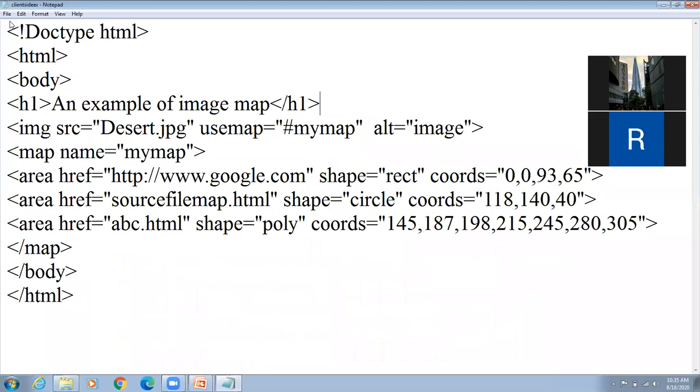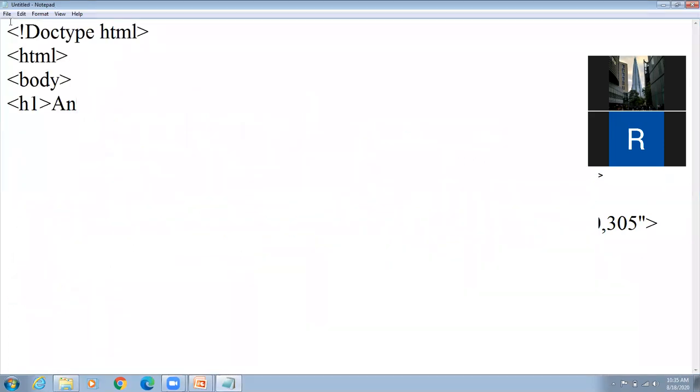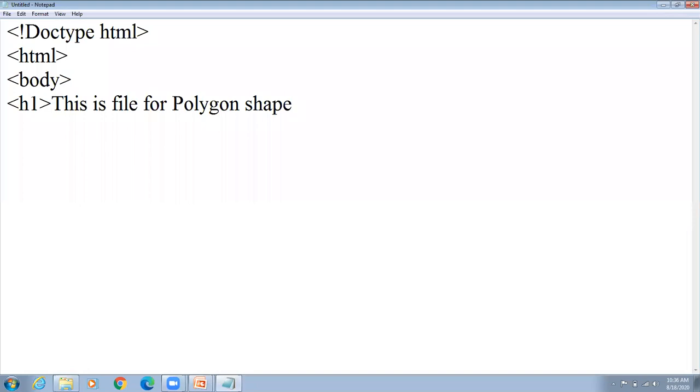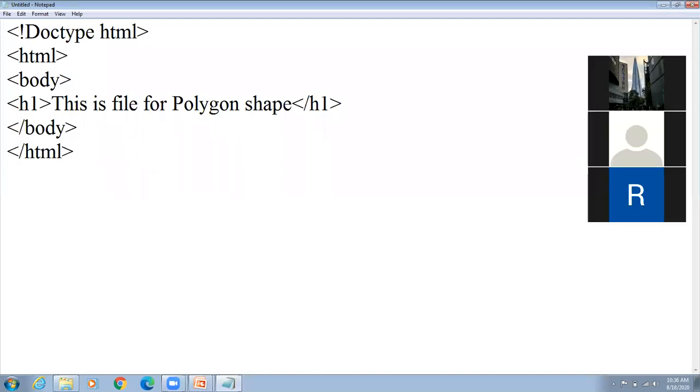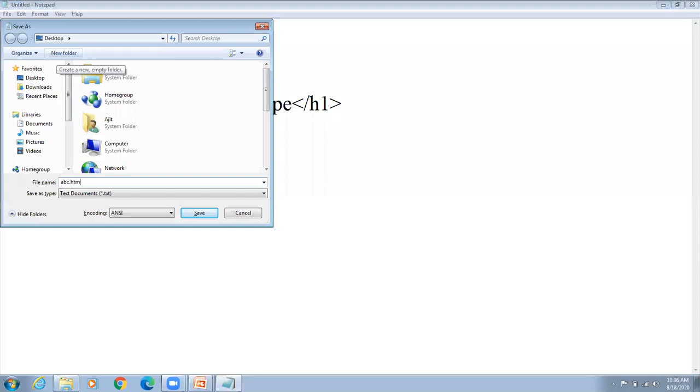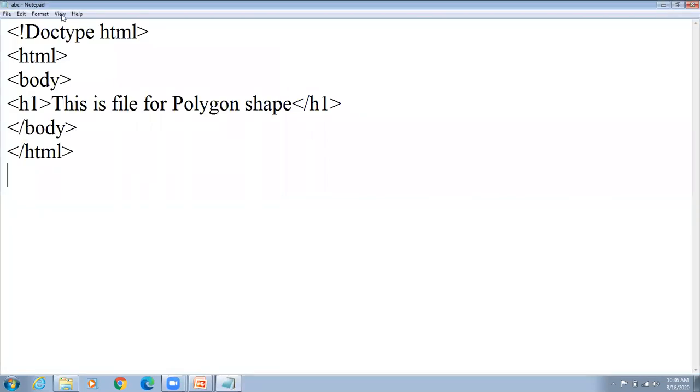So create a new file. Some content I have given, body close, html close, file save. Now here write abc.html and save.